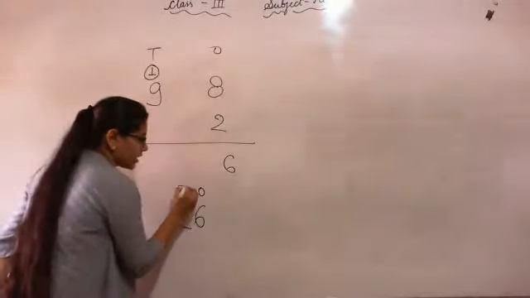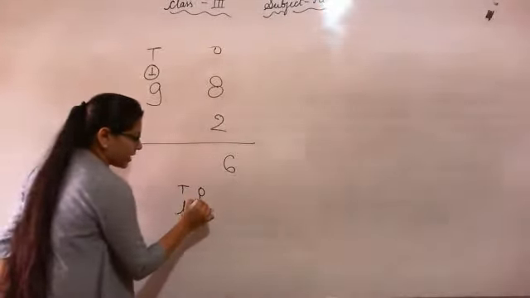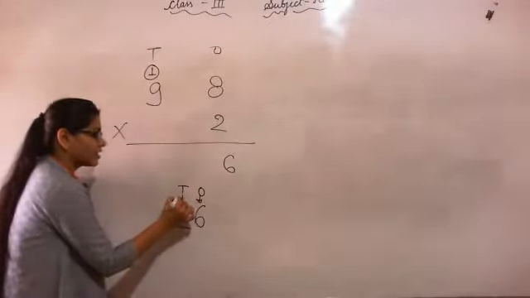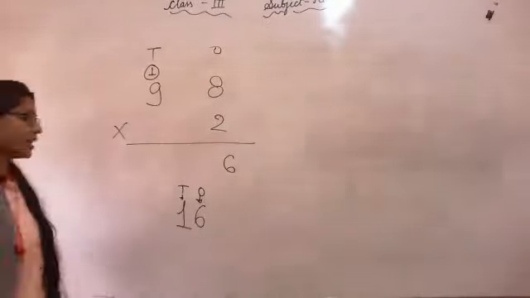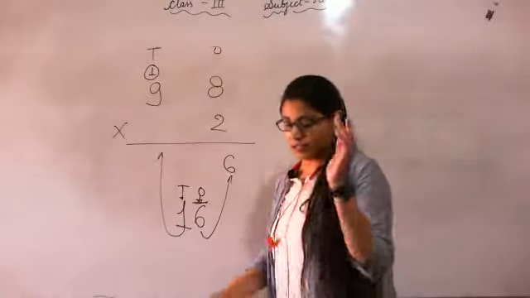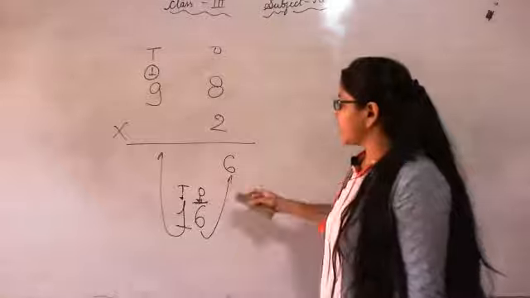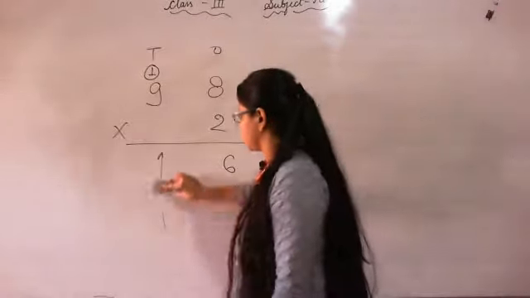Look at number 16. This is ones and this is tens. At ones place 6 is written there. At tens place 1 is written there. So what we did? We wrote this 6 in the column of ones, and we wrote this 1 in the column of tens in the form of carry, because 16 is having 1 ten and 6 ones. So we had written number of ones in ones and tens in tens.